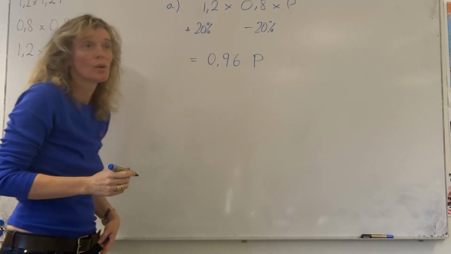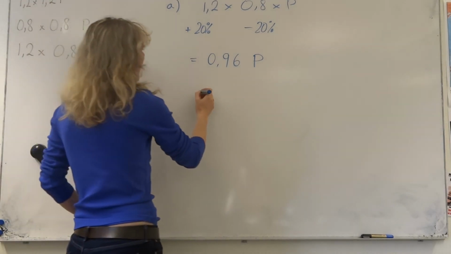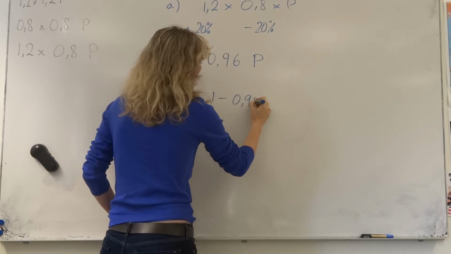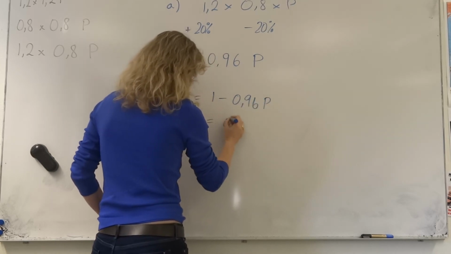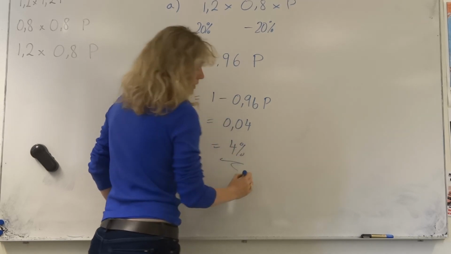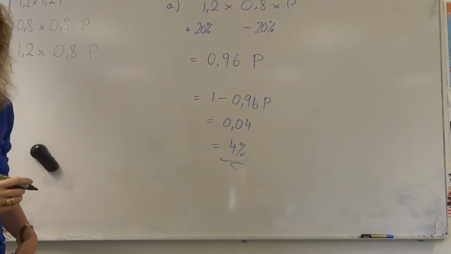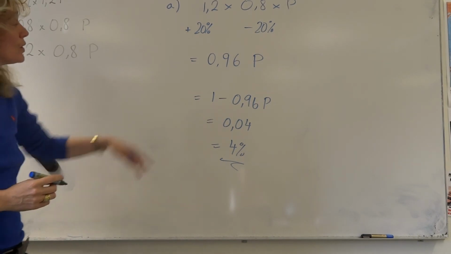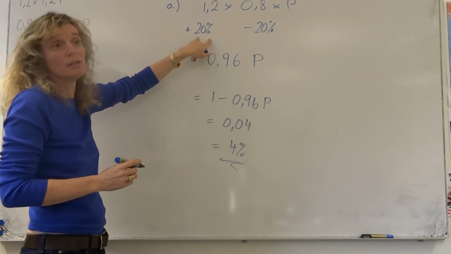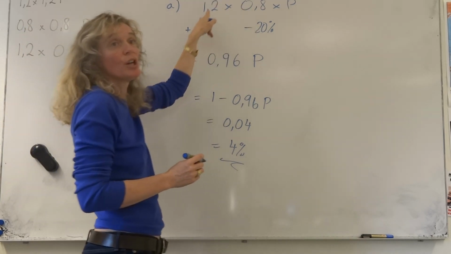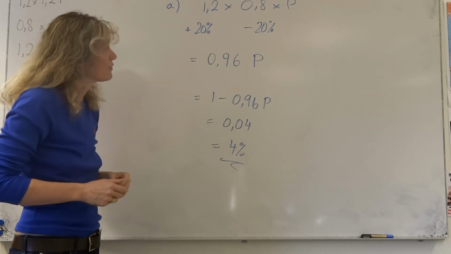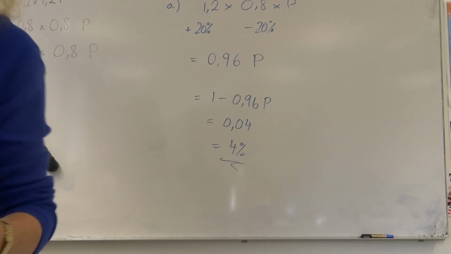So the percentage change then is 1 minus 0.96, which is 0.04, which is a 4% change. Okay? 1.2 of P gives you a larger number, and then you're taking a 20% reduction of a larger number. You're going to get a difference. Okay, that was